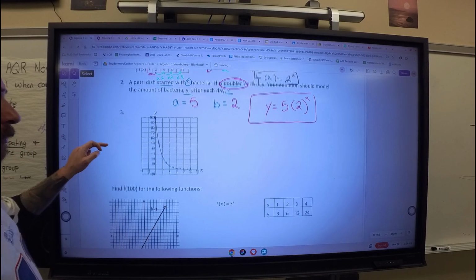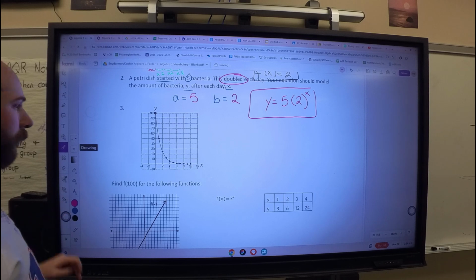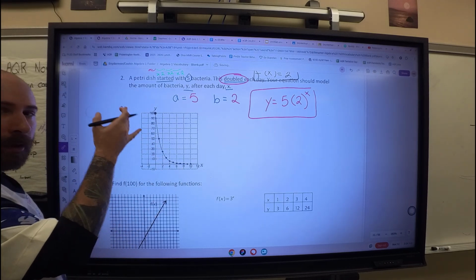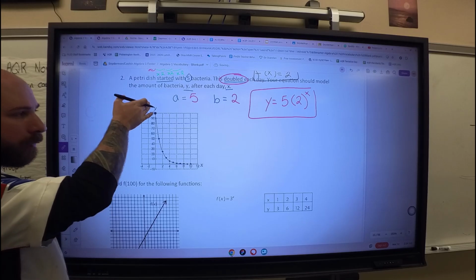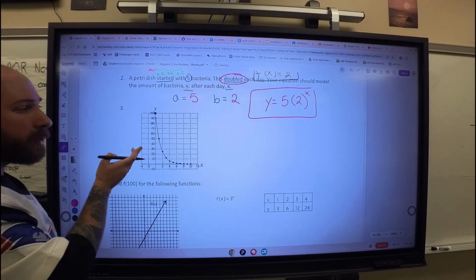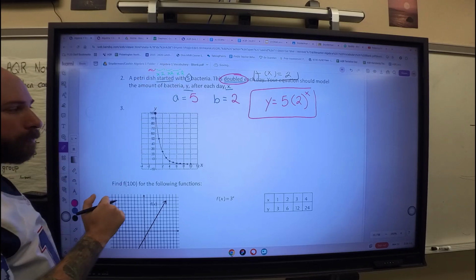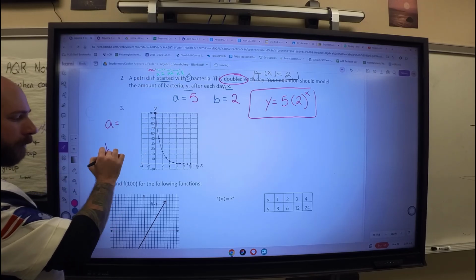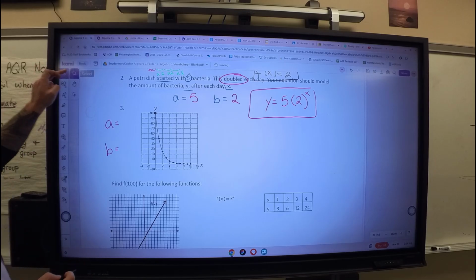All right, and number 3, and again, we're in our folder here. Number 3, we can see we have a graph. Now, one of the things we should notice about this graph is our values are getting lower and lower and lower, instead of getting bigger and bigger and bigger. So what we have here, we were looking for A, we're looking for B. I told you at the beginning,